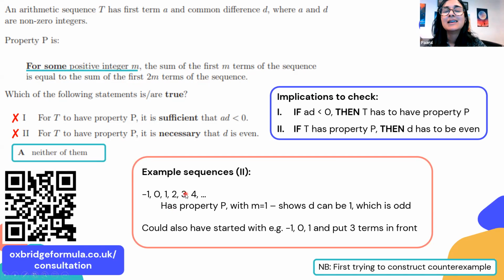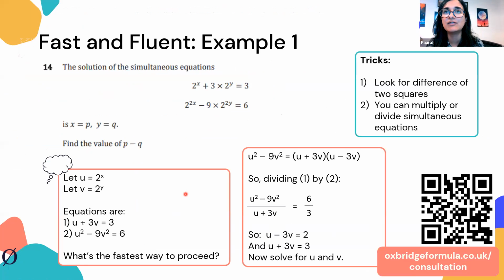Okay, excellent, guys. So look, TMUA is tough. I don't think it's easy. Some of this stuff is not stuff that you learn at school very much at all. In fact, TMUA has its own actual 70-page syllabus that you're meant to learn. Here at the Oxbridge Formula, we actually give you,